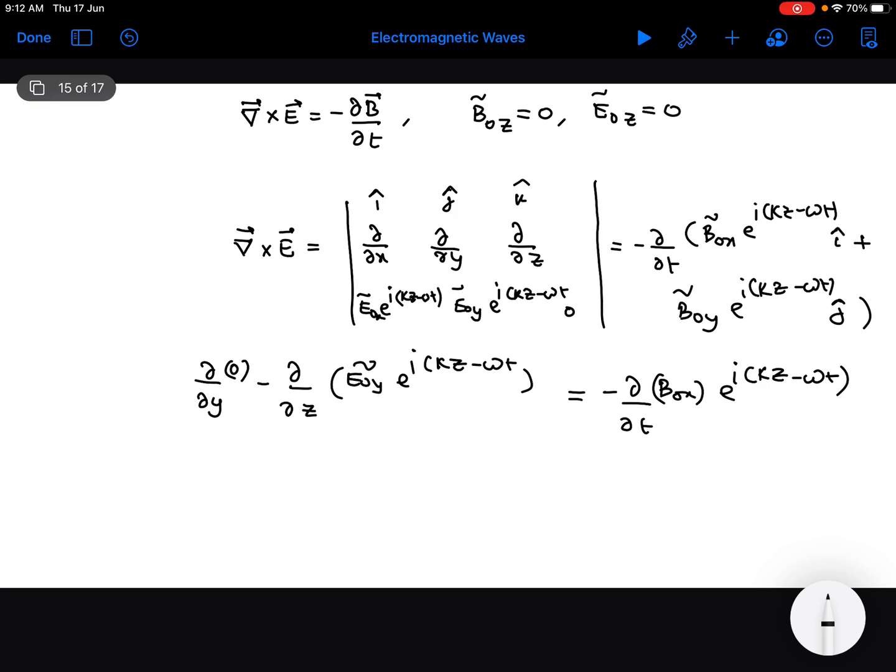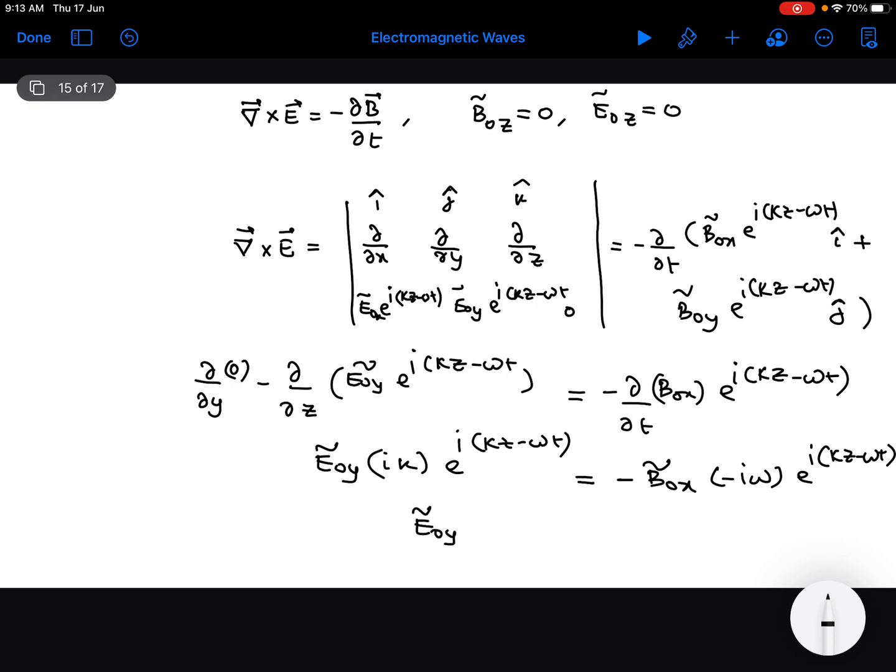The complex amplitudes are constants, and on differentiation we get i k E0y exponential of i(kz minus omega t) on one side, and minus B0x times minus i omega exponential of i(kz minus omega t) on the other. So the i and the exponential terms get cancelled, and we get E0y times k equal to, minus into minus being plus,